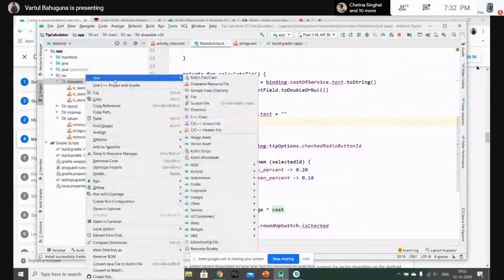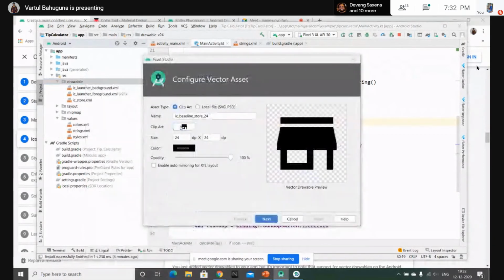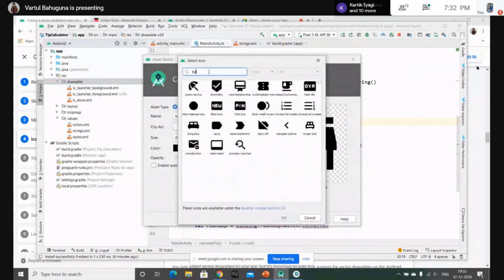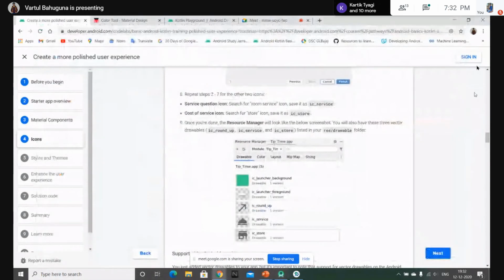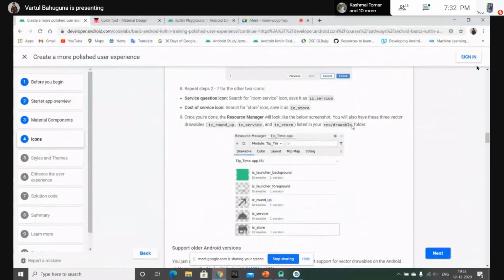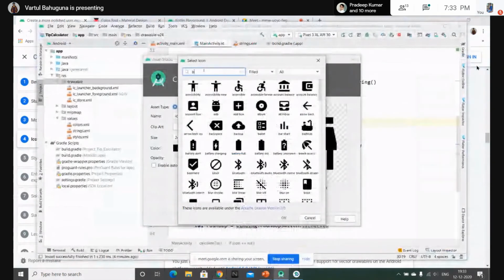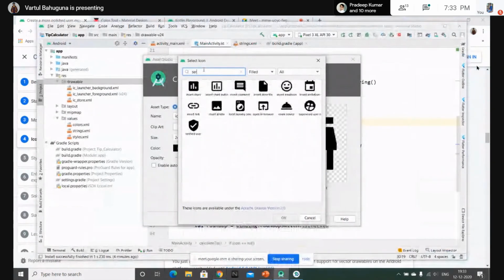Let's add a few more vector assets. Go to the vector asset, just find the bell service icon. Room service, that's the name of this icon.